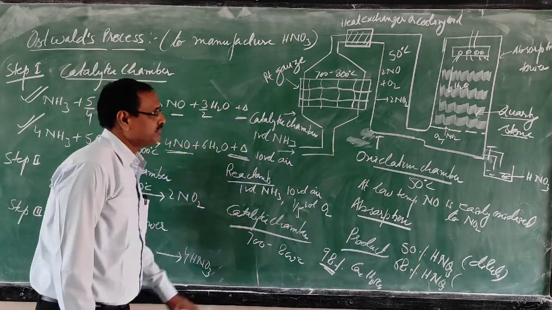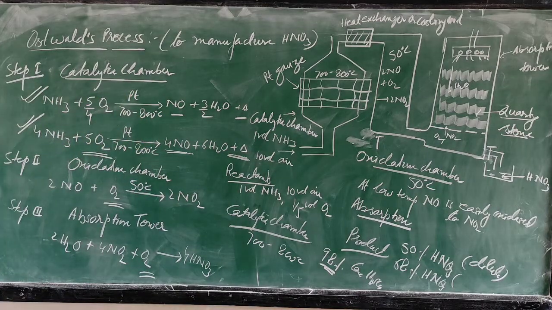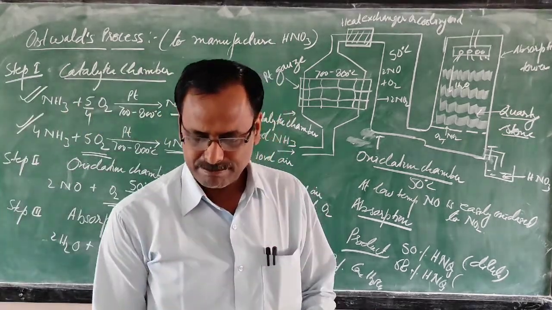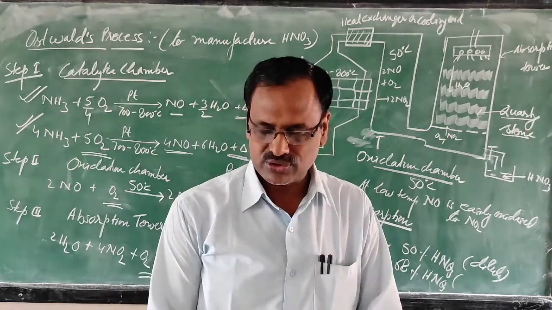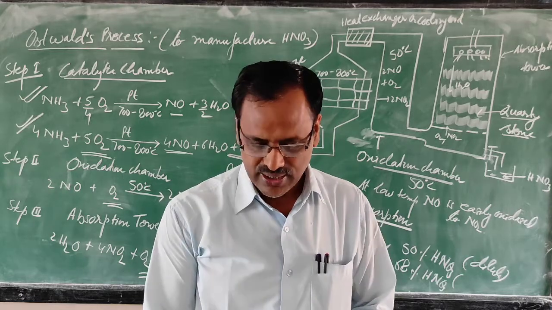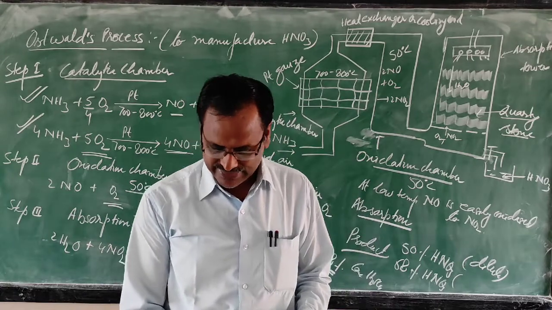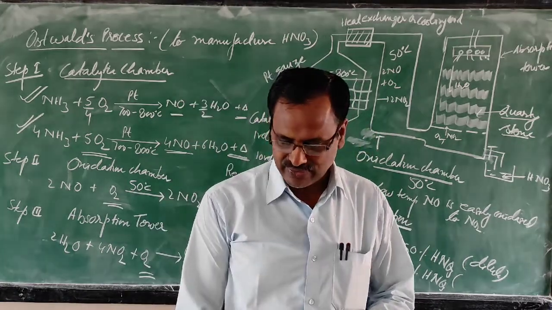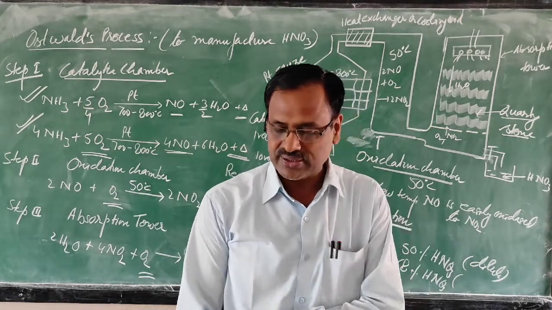I think all the points are clear to you. Just go through your book, page number 187. This page is important. Questions can be asked from here because the conditions are given in the syllabus. What I have explained here is given on page number 188 and page number 189. You can go through pages 188 and 189, but the important part is only the chemical equation with conditions.